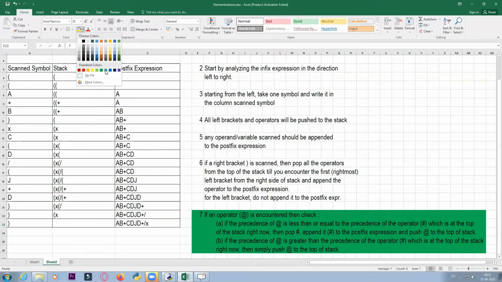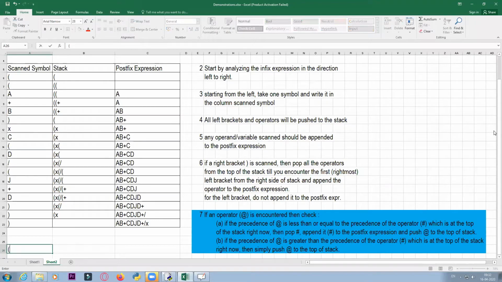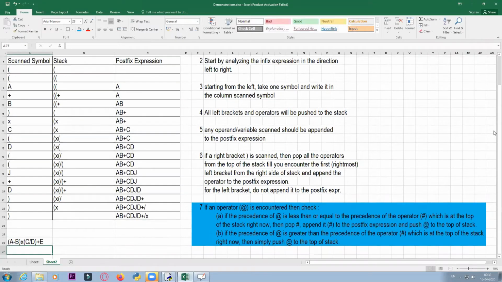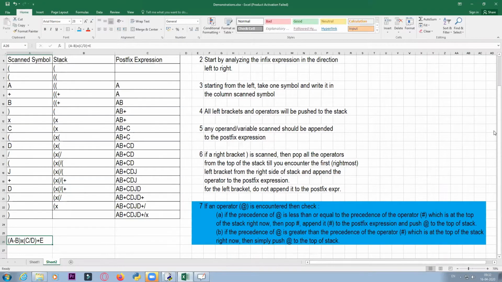I am marking this in blue color just to represent that this is a very important rule which we are dealing with. I am giving you all the next question. Please note it down. It's a simple question. You have to start from the very first step, that is enclosing the entire expression within brackets. You have to start from there. So I've written it here, and the rules are also open in front of you.